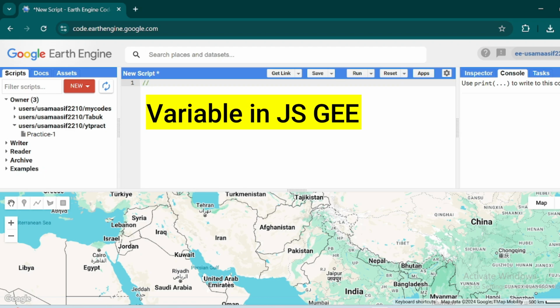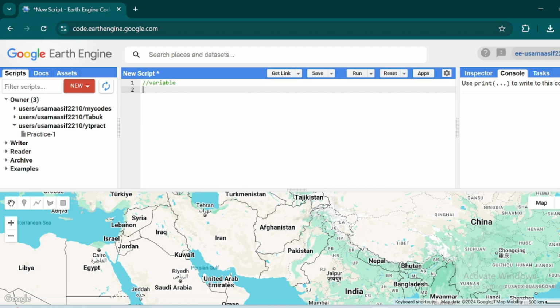First of all, you need to know what a variable is. A variable is just like a container that will always store data for you. You can declare a variable by typing var. In today's JavaScript, you can use let and const, but in Google Earth Engine, you will always use var. After the declaration, you assign a name to this variable, like num_1, and this num_1 variable will store 25 for me. If I hit enter, nothing happens, but this variable has stored the data, that is 25.